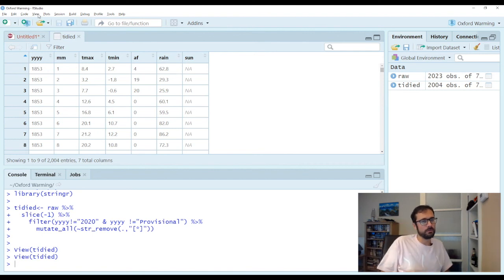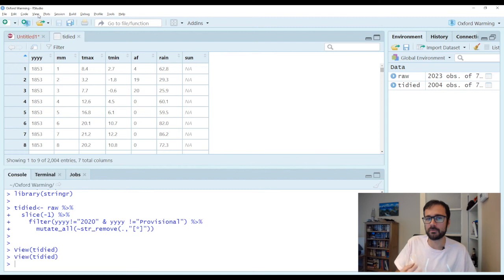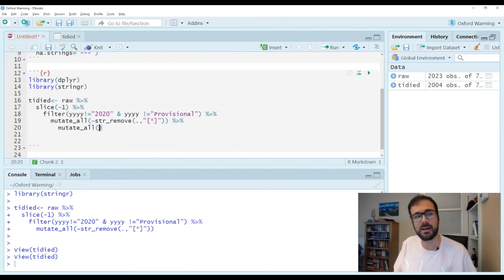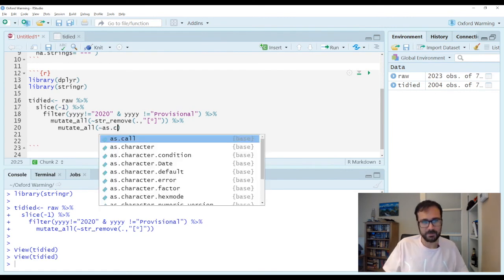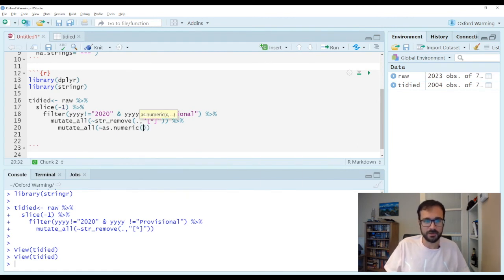Doing this as well will hopefully reveal if I've missed anything at this point, because if I try and convert everything into a number and unexpected things happen, or I get some warning messages, that probably means I've missed something. So I might have missed a hash, or something which I didn't pick up earlier. So I am going to again use a tilde, and I'm going to use as.numeric, and then again I need the dot to say I would like to do this for all of my data.